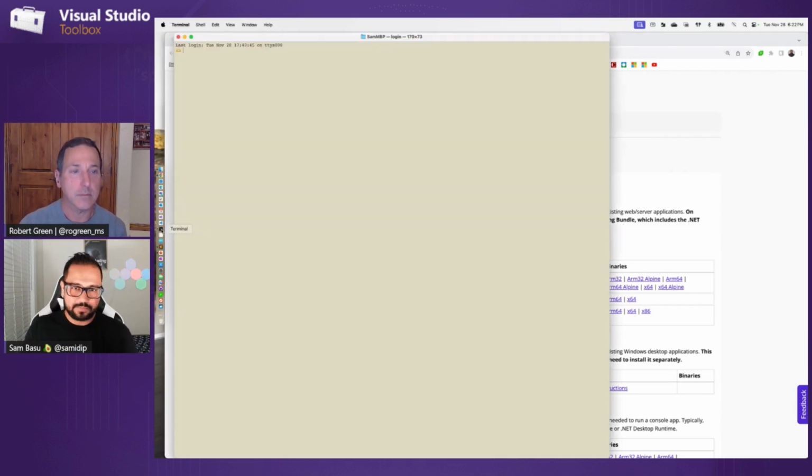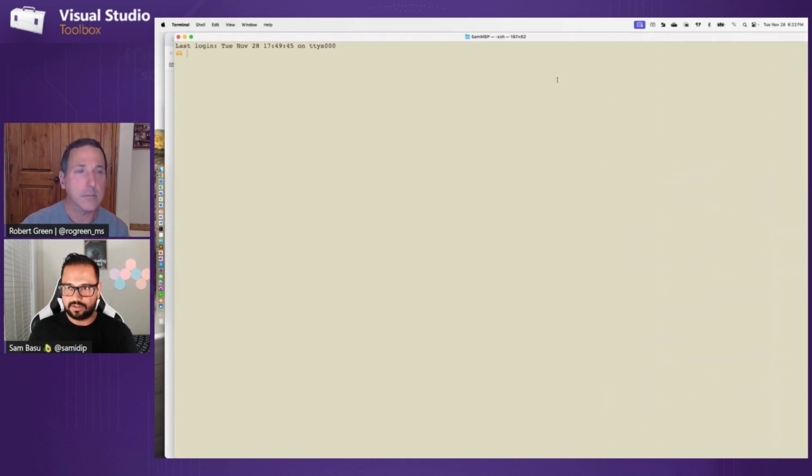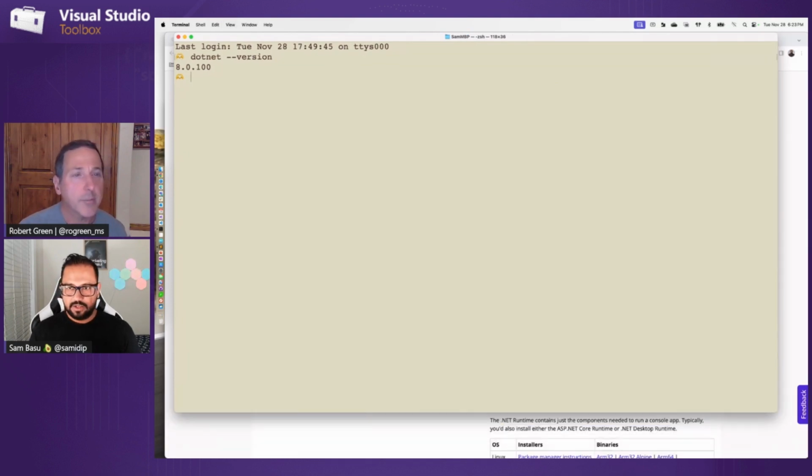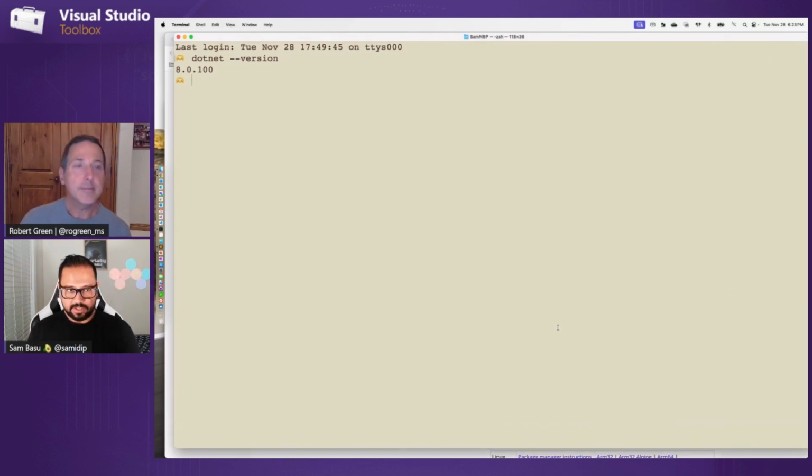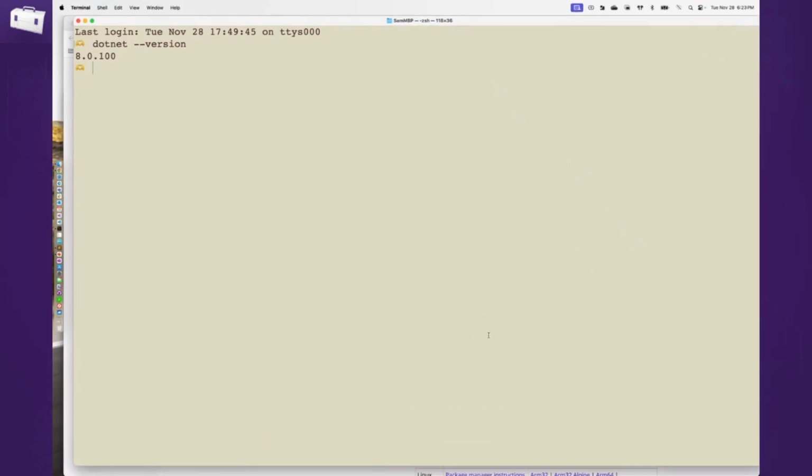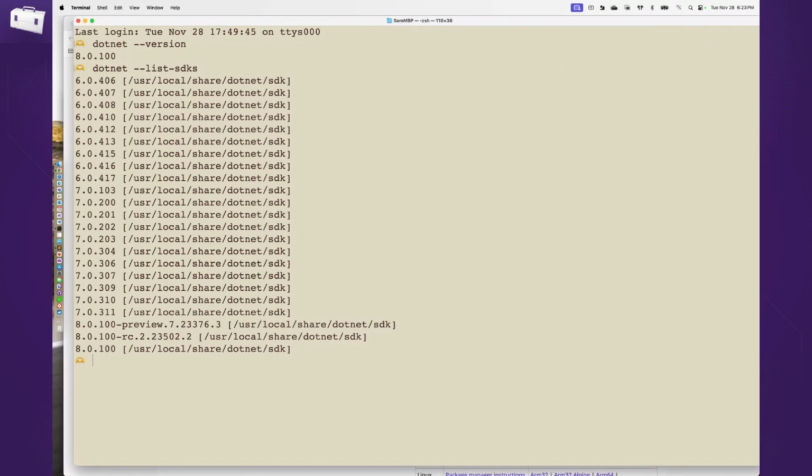Speaking about the runtime, I am going to start here with the command line, because that's the consistent thing between all machines. So if I do a dotnet --version here, let me know, Robert, if this is big enough to read. Yeah, make it a little bigger. Okay, so what it's telling me is, hey, you are running .NET 8, because that happens to be the latest .NET that I have installed, but I'm not forced to use it. I can go back a little bit. If I ask it to show me all the .NETs I have installed, it shows me, hey, you've got .NET 6, 7 and 8.